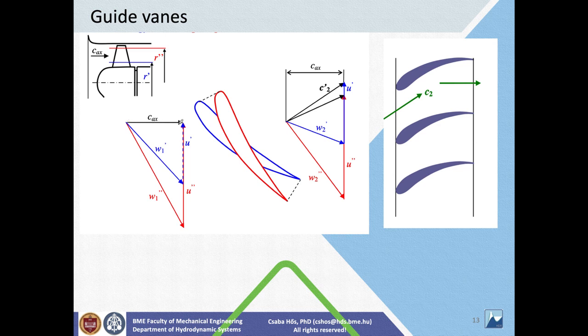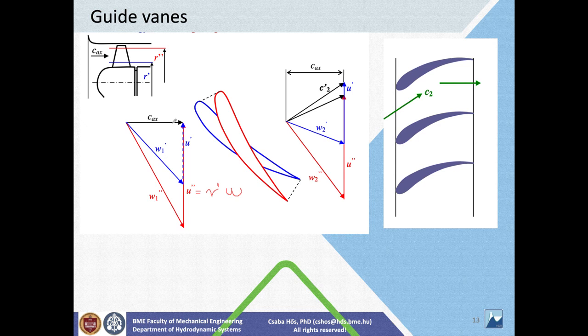So we have the axial velocity, we have the circumferential velocity, which is again large. The red one is larger because it's at a larger radius. So u is essentially r times omega. So the larger the radius is, the larger the u is,